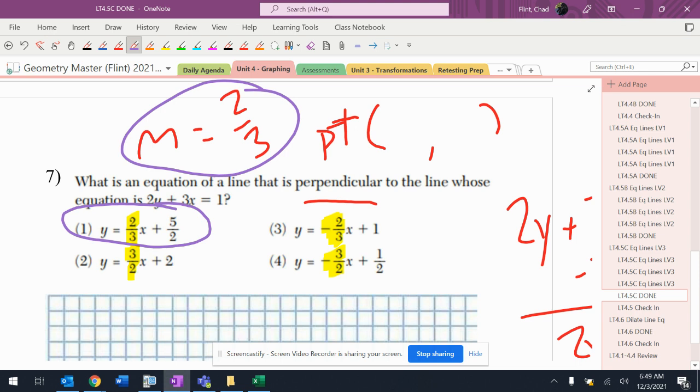But if you're doing things robotically, where you do the exact same steps in the exact same order every single time, and if it doesn't work you don't know what to do, this is what you could get wrong that you should definitely not get wrong. So just be careful with these and really read them and think about it. And if you get to a point where you're like, I don't know what else to do, stop at that point, re-look at the question. If it's multiple choice at that point, look at the answers because maybe you're actually